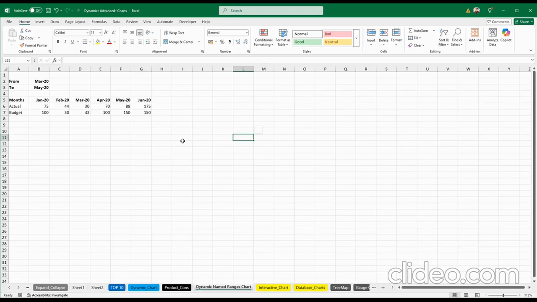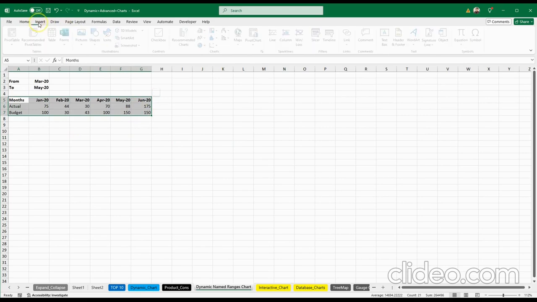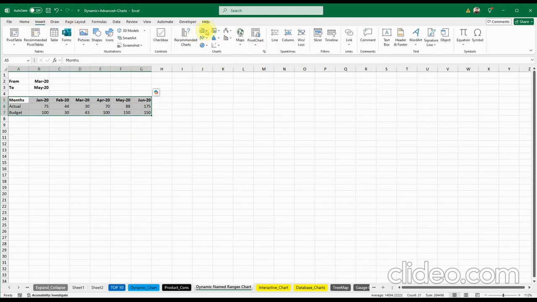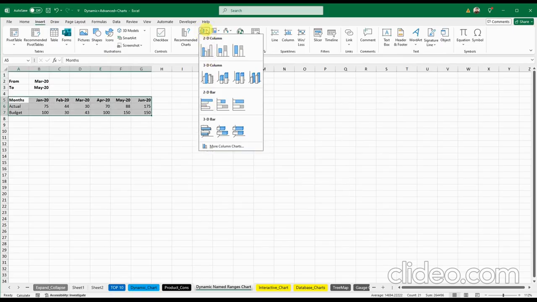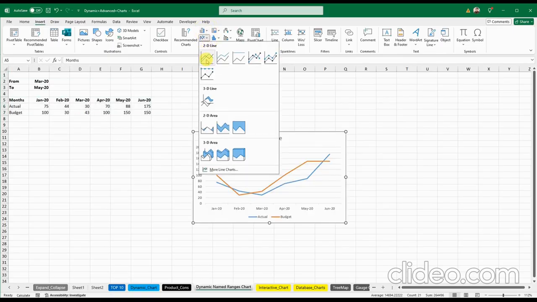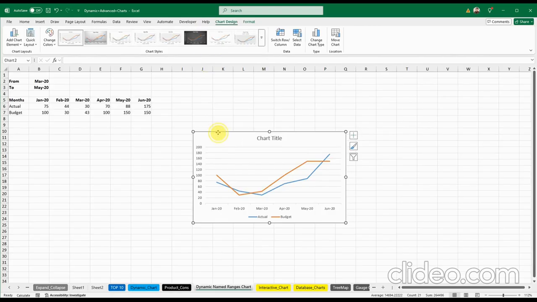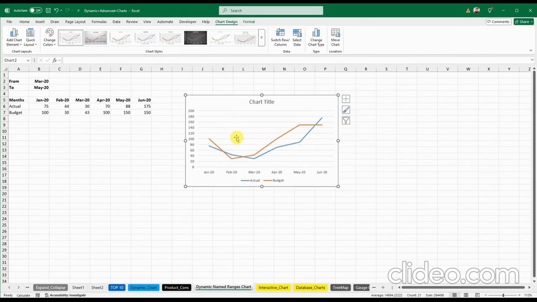So now let me move quickly to the example of how we can create a dynamic range and a dynamic chart. Let me tell you the scenario first. For example, if I select these three rows, month, actual, budget, and go to the Insert tab, because we have a time period in our data series, we will be preparing a line chart. So now we have a line chart which depicts the actual and budget numbers from Jan to June,